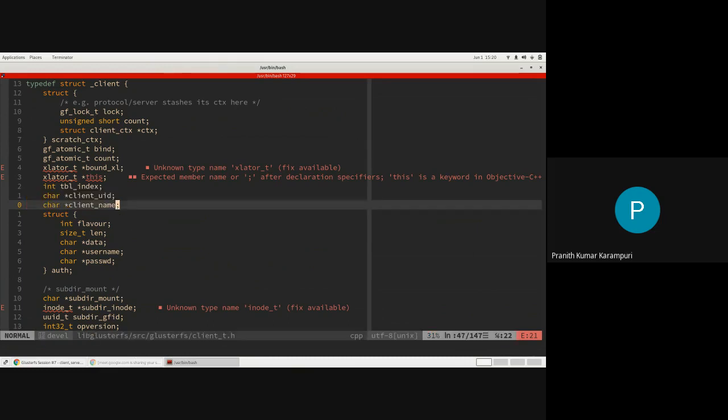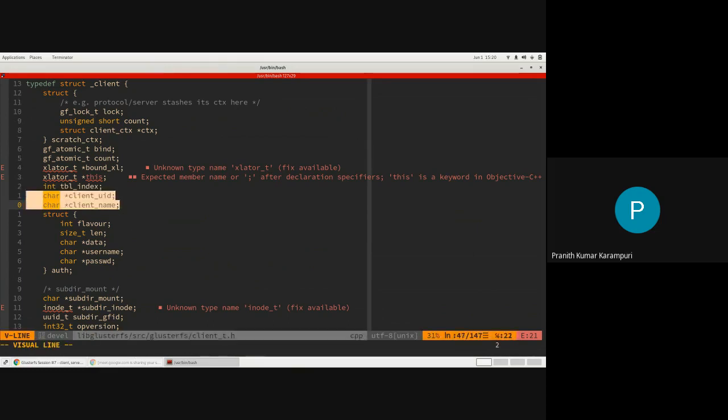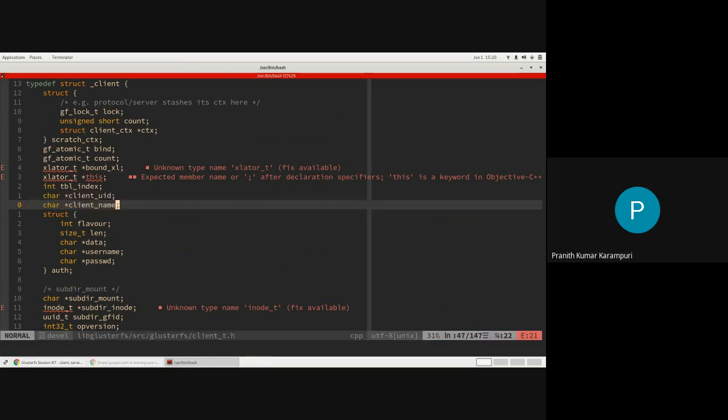These actually have the information like which machine, which process, the PID, what is the set volume count, etc. So that if there are any blocked locks or any bugs, we can figure out which client sent these things and try to figure out the reason why all these things have come.